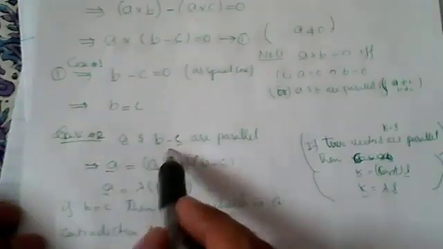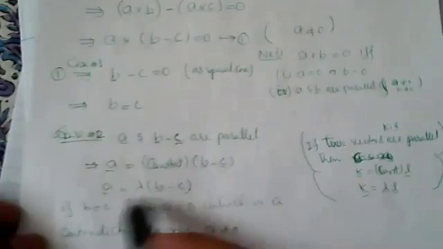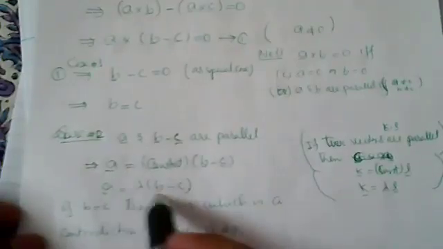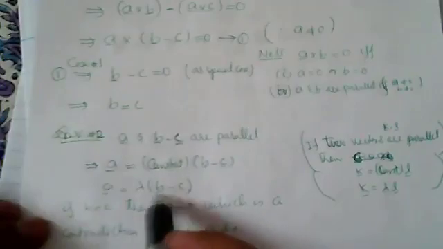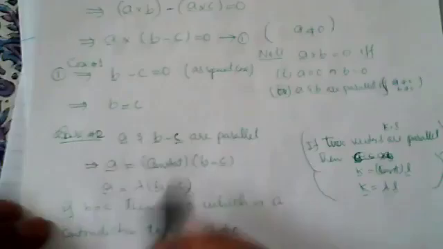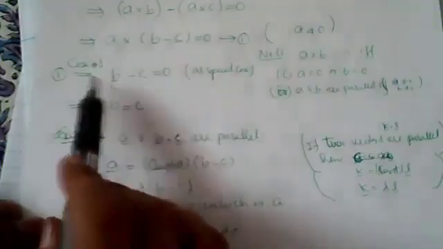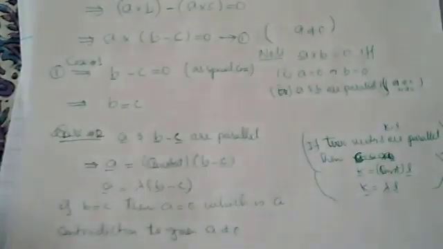When two vectors are parallel, we have studied what happens: A and B minus C are parallel. If vectors are parallel, the first vector is equal to a constant times the second. Clear? If here you consider B is equal to C, then A is equal to 0. It means this possibility is not possible. So the only possibility is case 1, that B minus C is 0. But we have to discuss both the cases. We have to show case 2 is not valid and case 1 is valid.